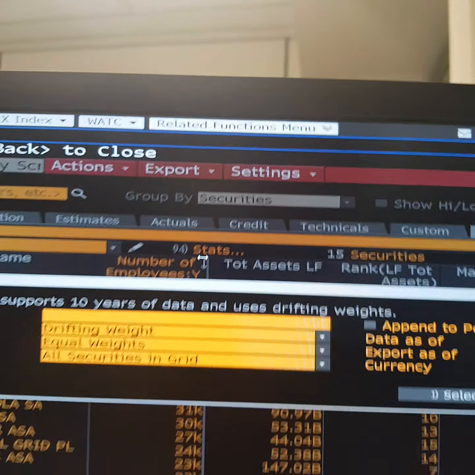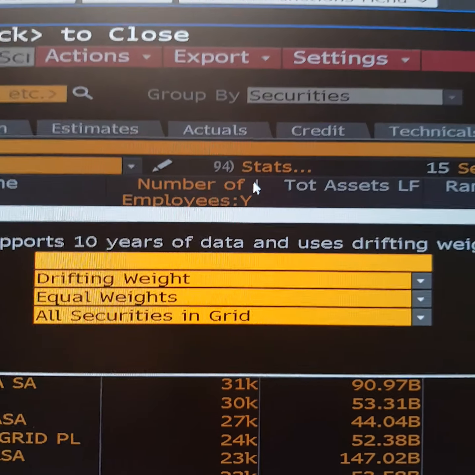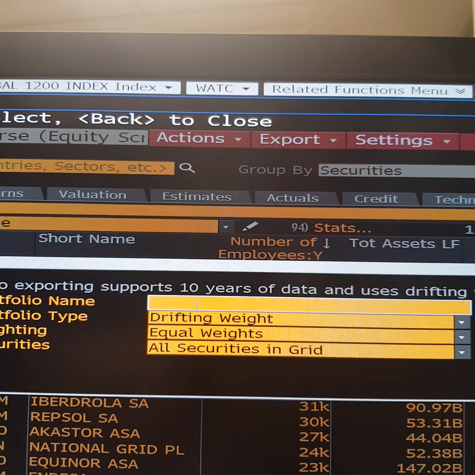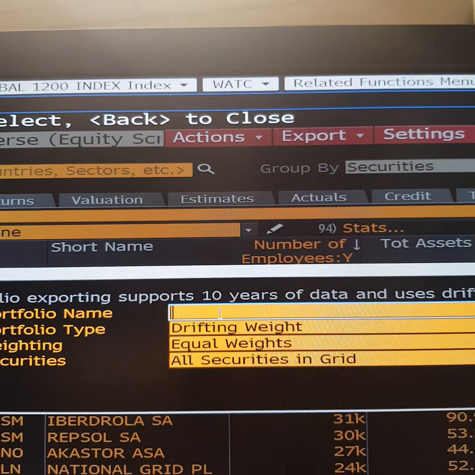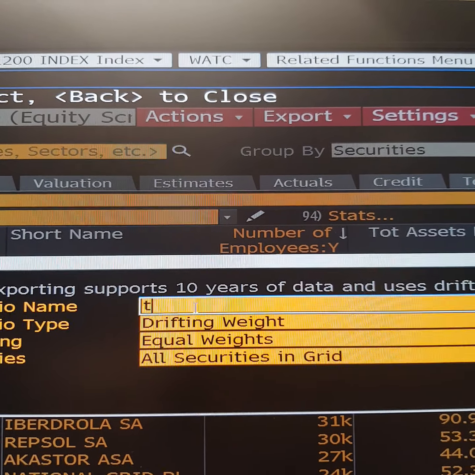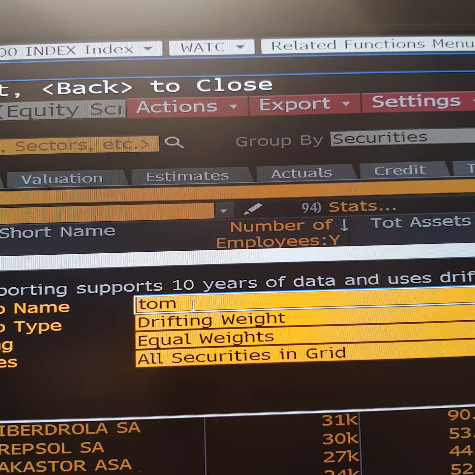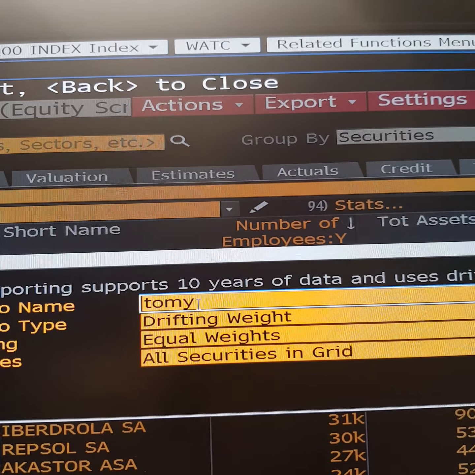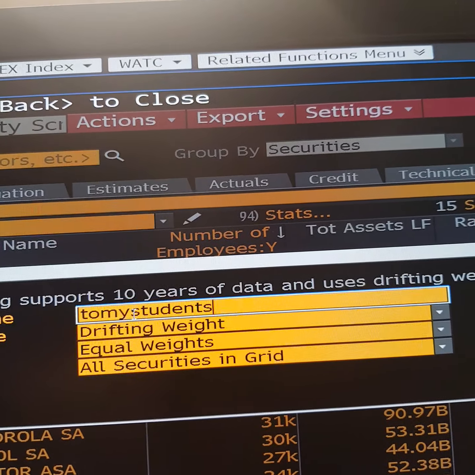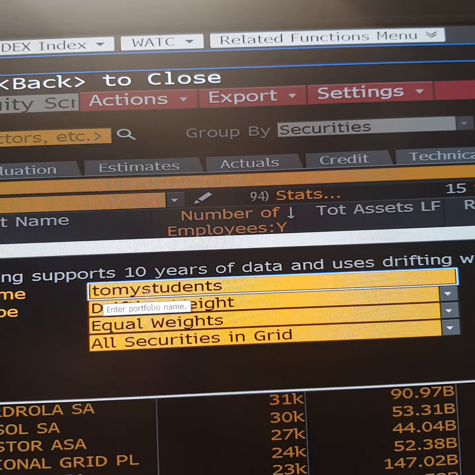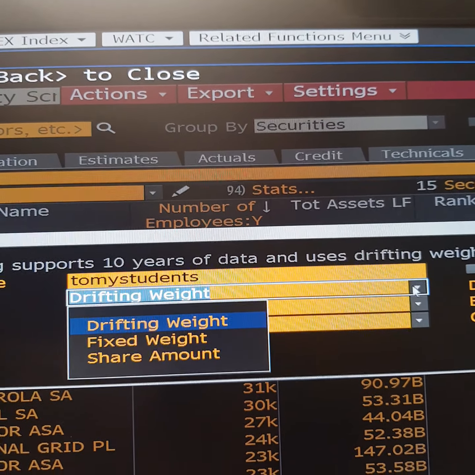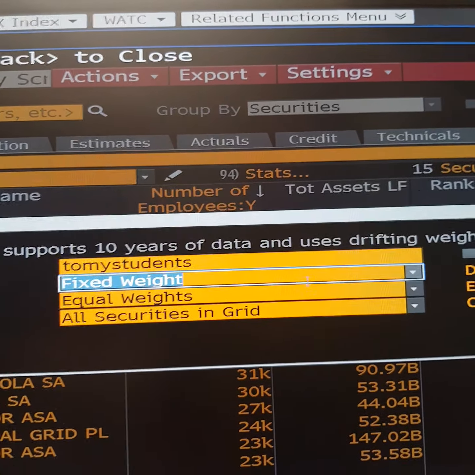When I click portfolio, now is the time to tell what type of portfolio it is. What you can do here is give a name for your portfolio, such as "to my students." And instead of drifting weight, I would now need to change it to fixed weight, fixed and